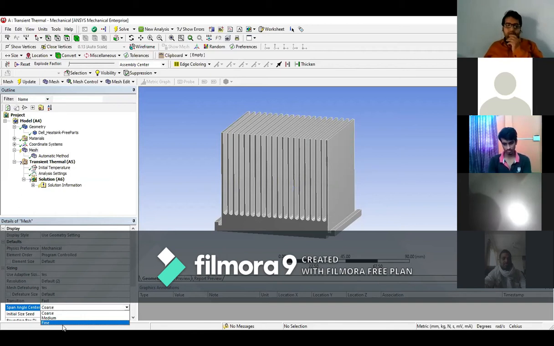But if you take the coarse mesh, simulation time is very low. Okay, but when you perform your analysis on the fine meshing, your results are very accurate compared to the coarse mesh.